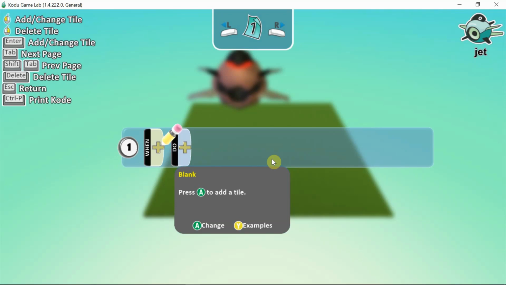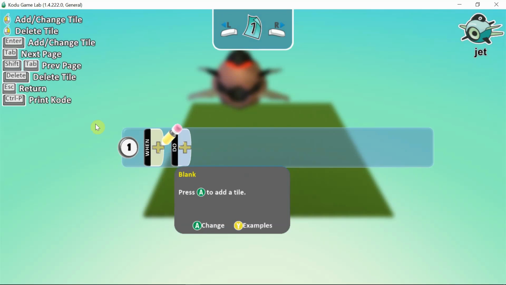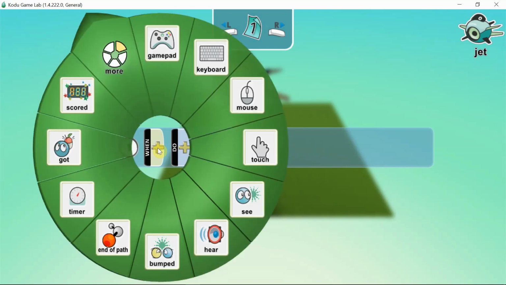So our jet is there. Jets have the tendency to shoot the missiles, of course. So let us see how do we do that. These plus signs you see here, they help us in adding programming tiles. So what I want is, I want on a space key press, my jet should shoot a missile. Every key press. So keys are found on keyboard. So I go into keyboard.